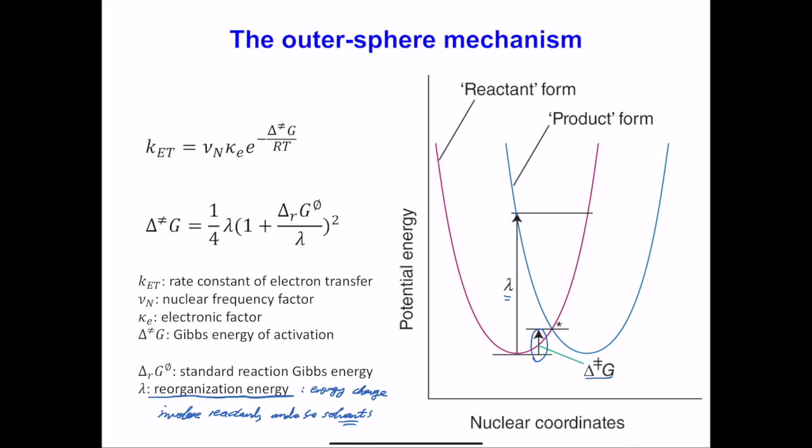Then you relax and go to here, that's your transition state, and you end up with the formation of product at this point. It's a somewhat advanced concept, about transition state theory for electron transfer reactions, and in fact this scheme not only applies to outer sphere electron transfer redox reactions, also the